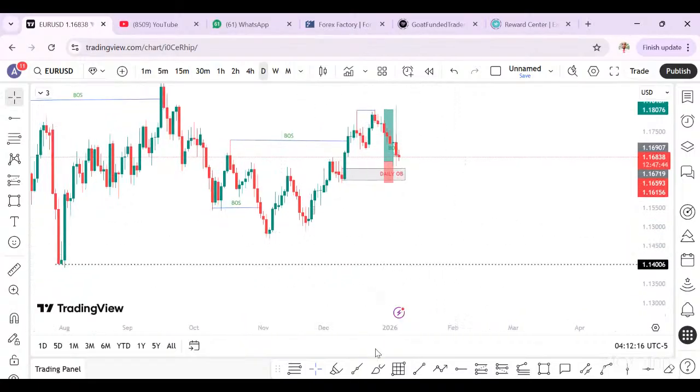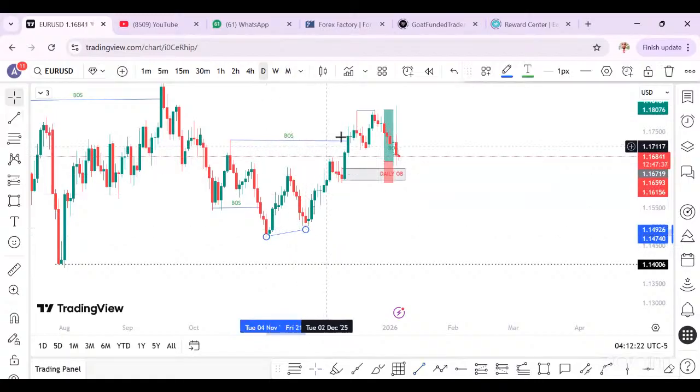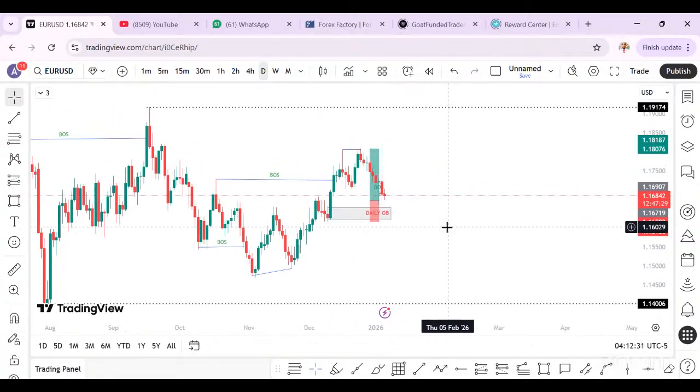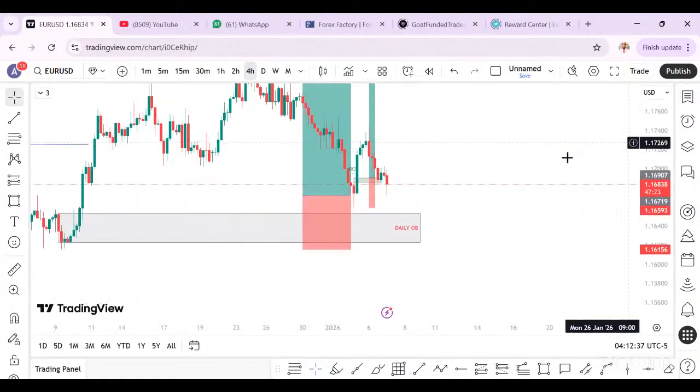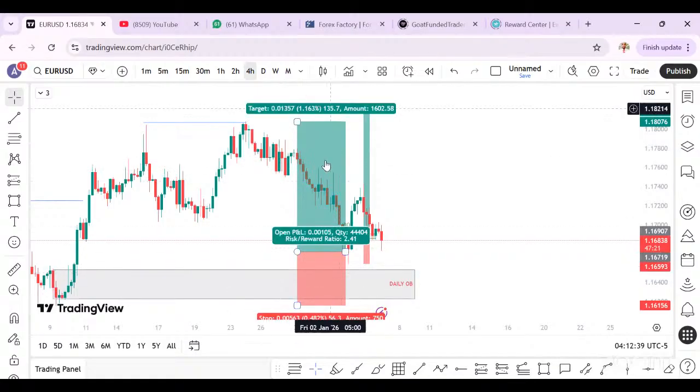Don't forget, we have a kind of lower high. This can be a valid lower high because it has broken structure. This will become a valid low. So it's a must that this holds. So I am mostly bullish on what? On Euro USD. I have a position already on Euro USD, and let's see how this thing will play out.